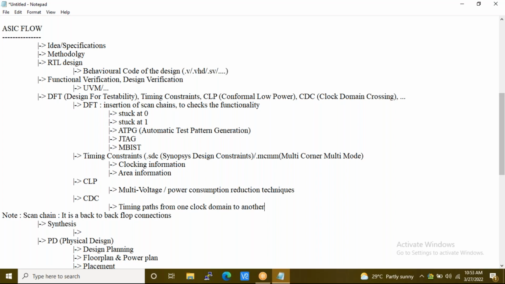Sir, in which the different flip-flops are given different clock pulses. Okay, so it's not only based on the clock pulses, it's also based on the PLL. Same PLL can provide you multiple clock frequencies. Clear, right? Yeah, correct.